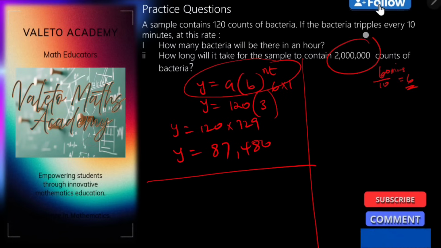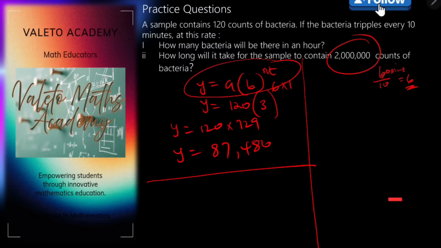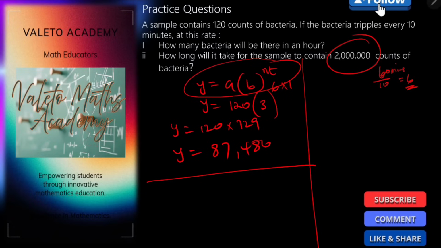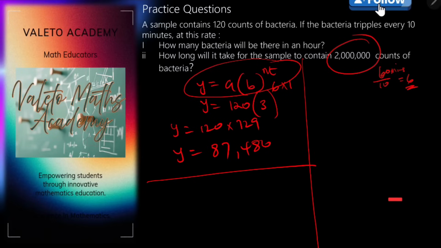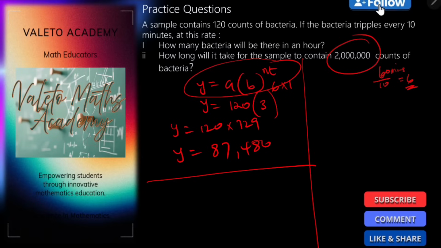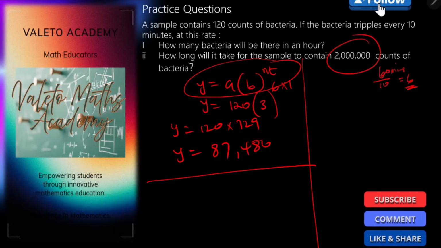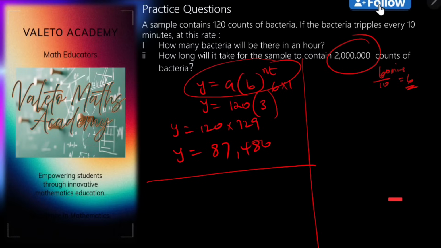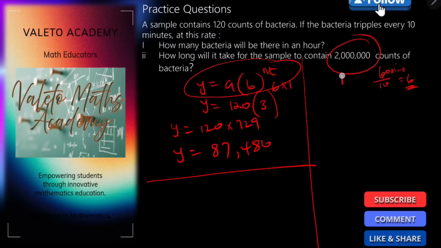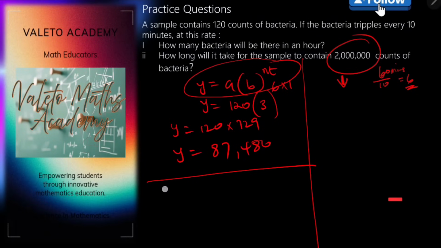Now we're looking for t, the number of hours it is going to take to get 2 million counts of bacteria. So this 2 million here is the future value, which is now y. So we say,